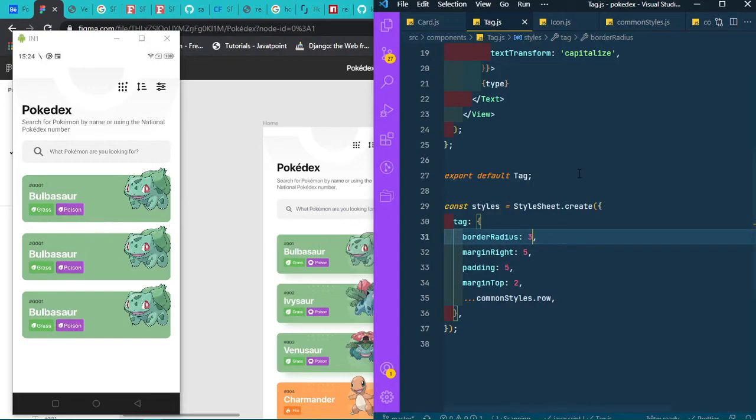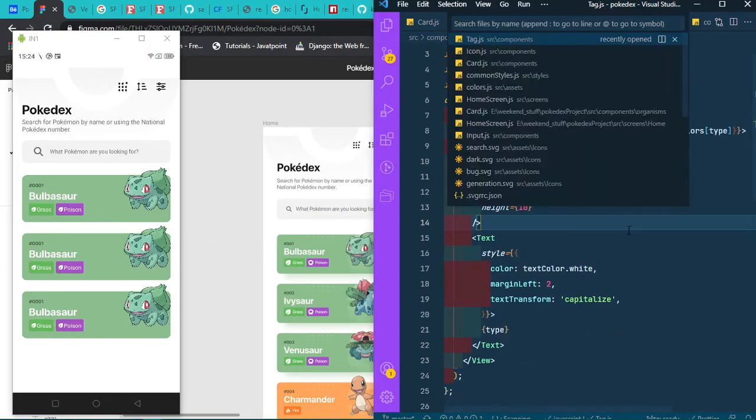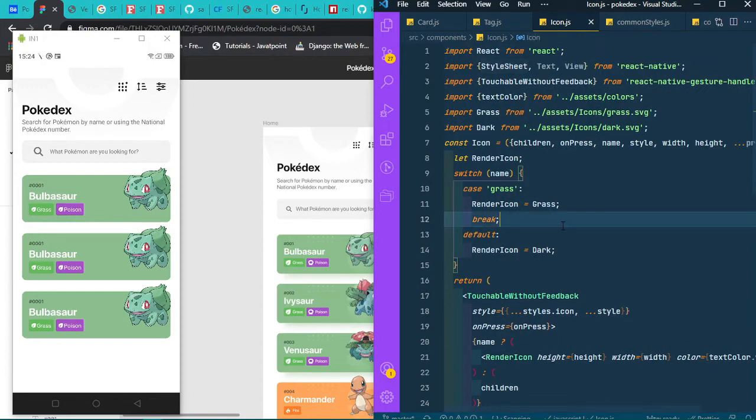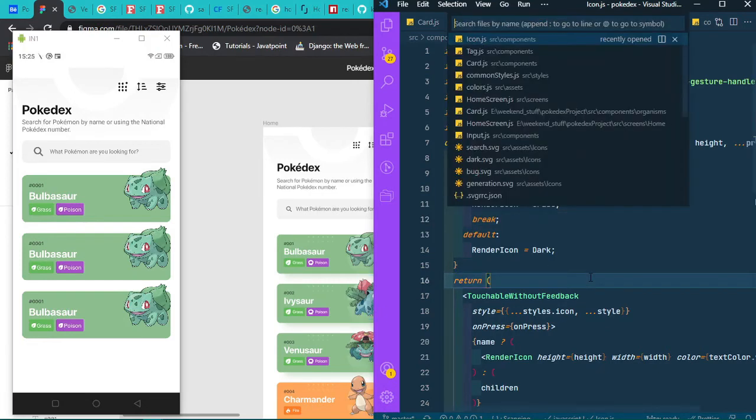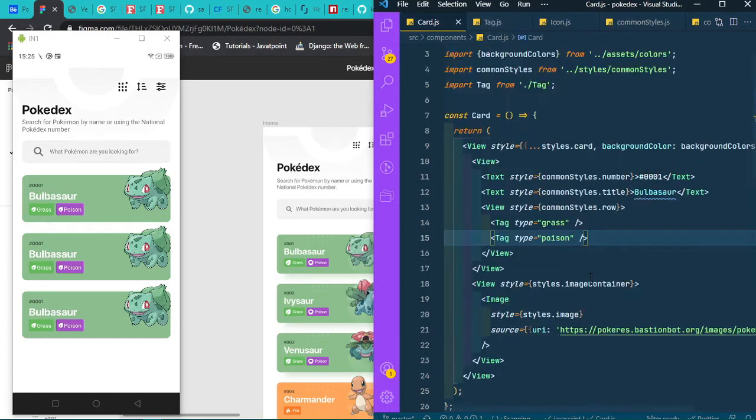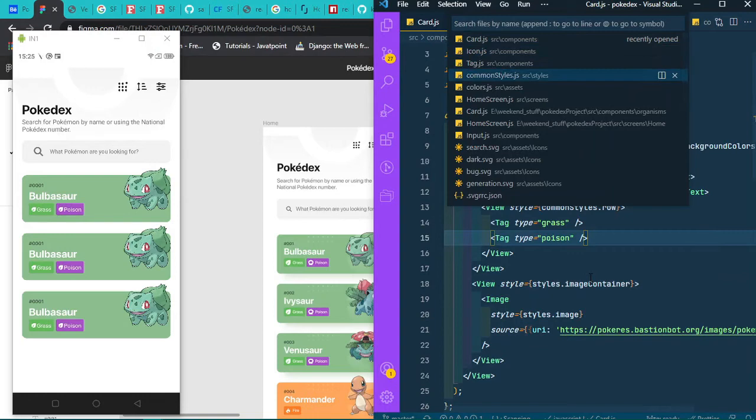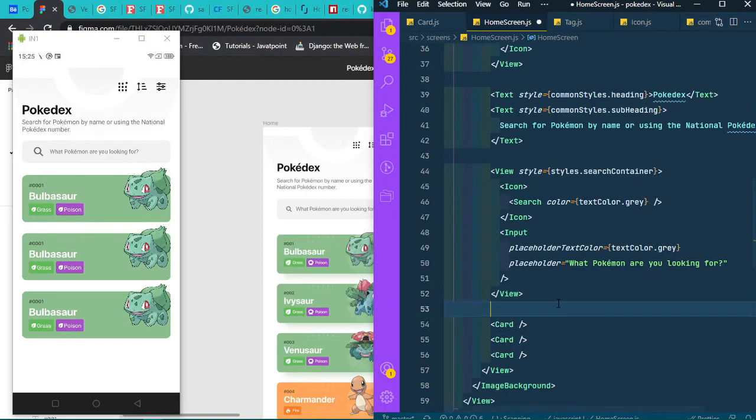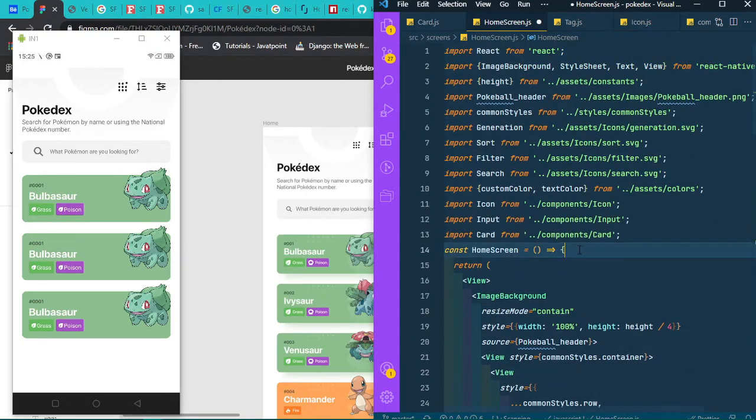Okay, so I just want to make another which is poison type. So let me just check we have poison icon or not. You can add icon as you want, as I show you. Okay, but for now I will use this for poison also. And what I will do here is, let me go to my home screen, and here I will write Pokemons